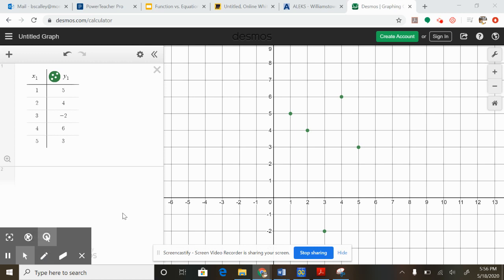Alright guys, so this video is essentially to try to tie together the last two videos. When you're looking at a graph, you can do the vertical line test. For instance, I could look at this and I can go,